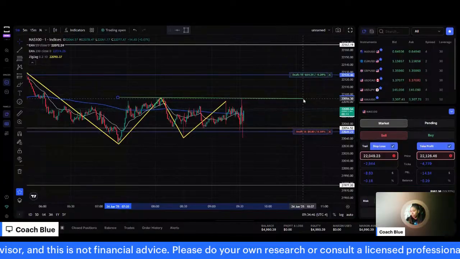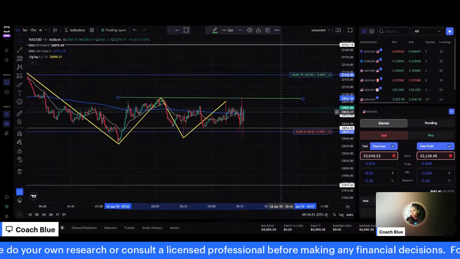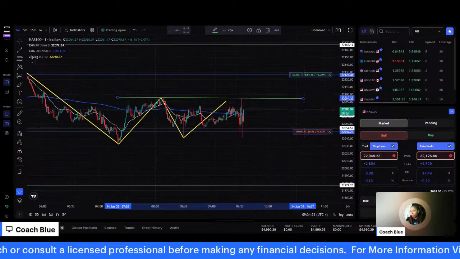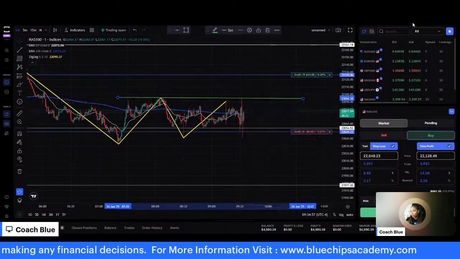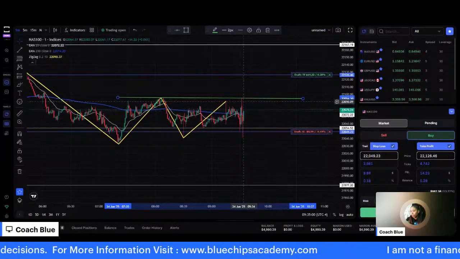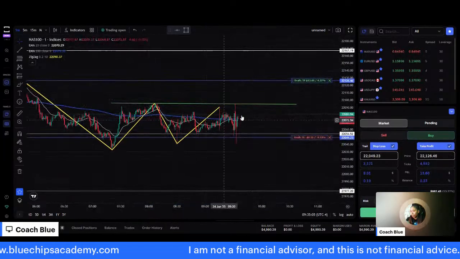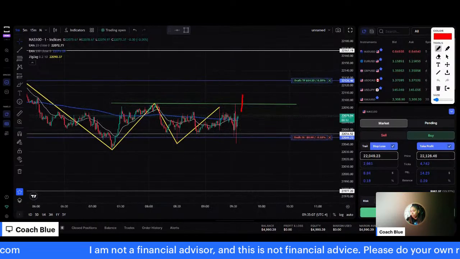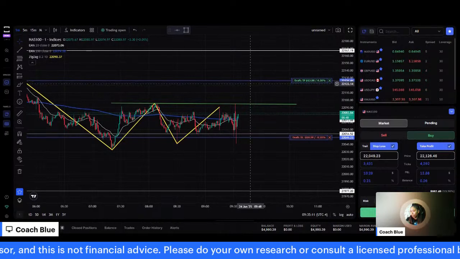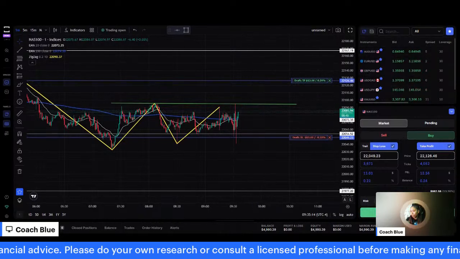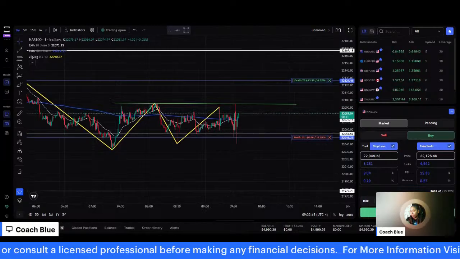So also be prepared for that as well. Okay. So now what I'm looking for, let me switch back over to my buy. I'm looking for a BPC where I want to see a breakout, pull back to here, and then a continuation to the upside. That's what I want to see, but we'll see if we get it.